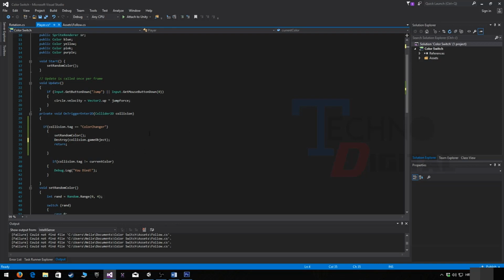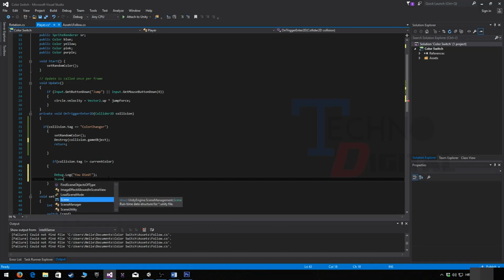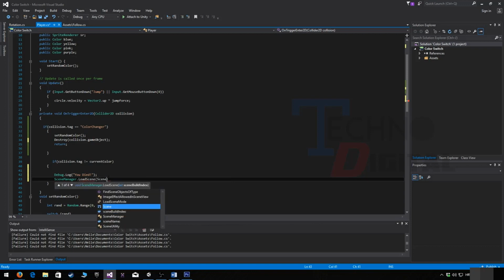So what we're gonna do now is when we die, we want something to happen, and that is this new scene should be loaded. So there is one thing we should code right now in order to finish our game. So SceneManager.LoadScene, and SceneManager.GetActiveScene,